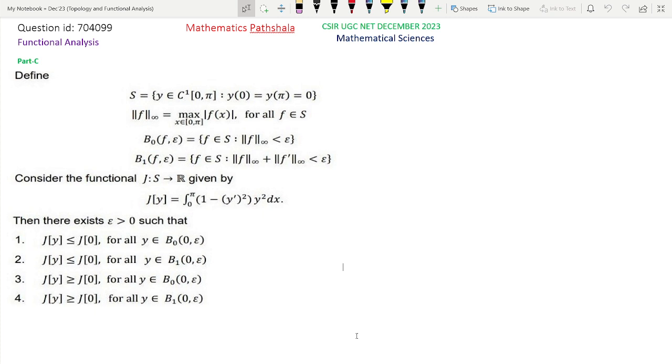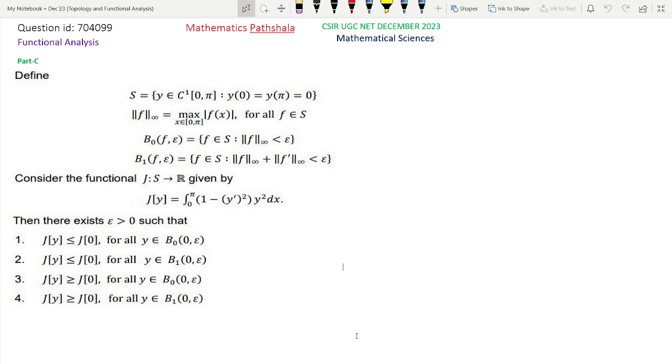Define S equal to the set of y belongs to C1 0 pi. That means the set of all real valued continuously differentiable functions on closed interval 0 pi. So all those functions y such that y dash x, the first derivative of y, is continuous on 0 pi, satisfying y at 0 equal to y at pi equal to 0. Norm f is defined as the sup norm or infinity norm by max x belongs to 0 pi mod fx